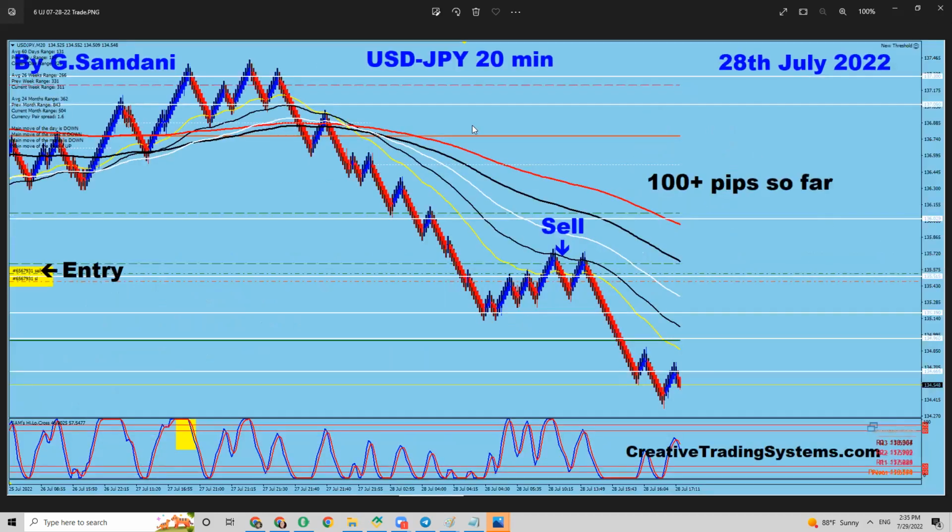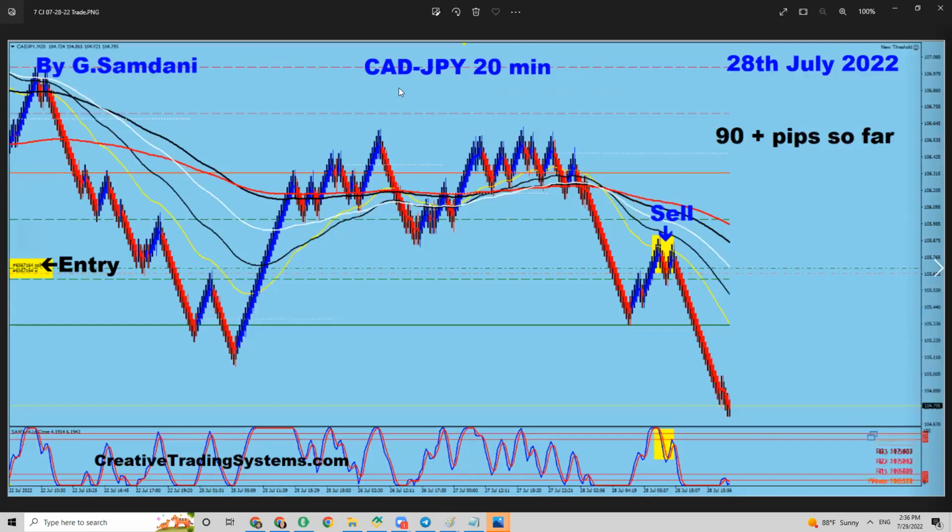Now on the 28th, USD yen going short from here, right? I had the trade from the top, but it was not with the setup, so I'm not showing that. But I had the reason to go short all the way from the top from 37.30. That was a 40-minute chart, and I was expecting that. You can see my last video where I said I'll be waiting for this yen strength, and everything was going to go down. So anyway, USD yen went down for 100 pip here,